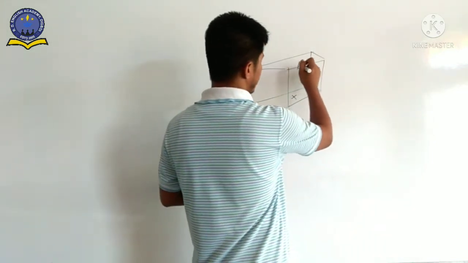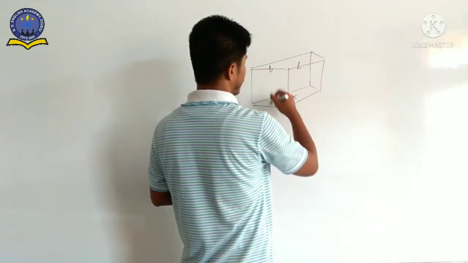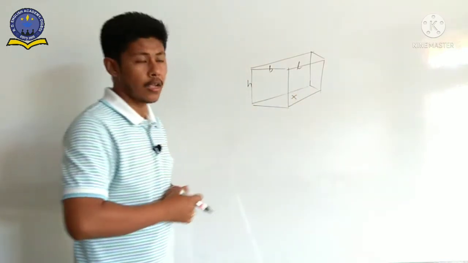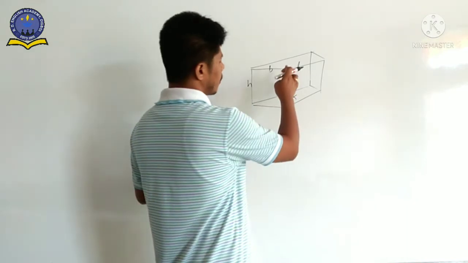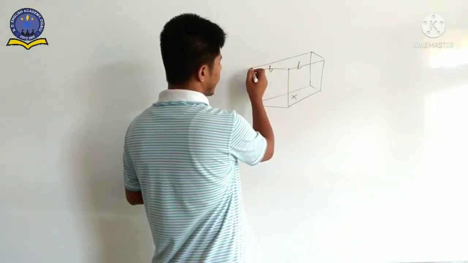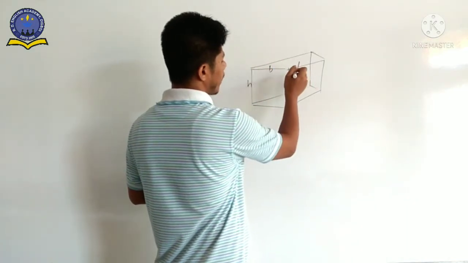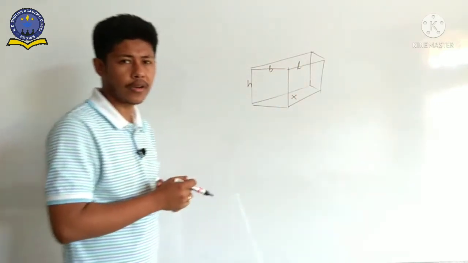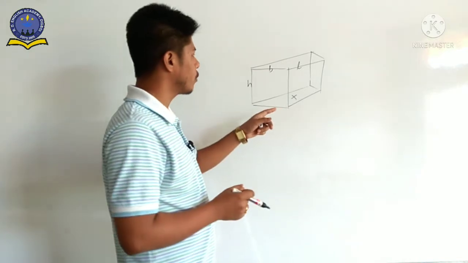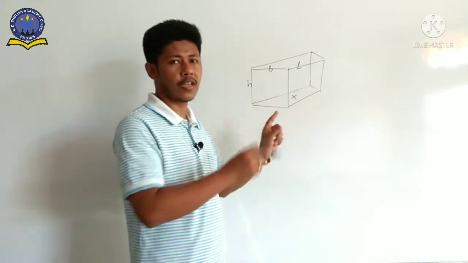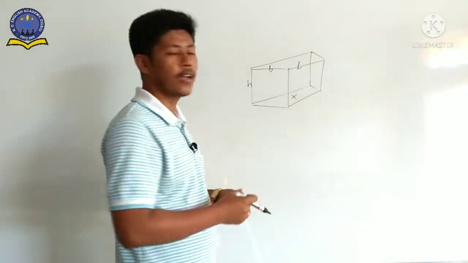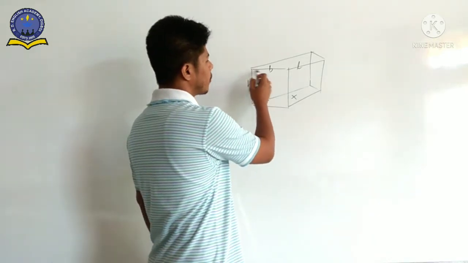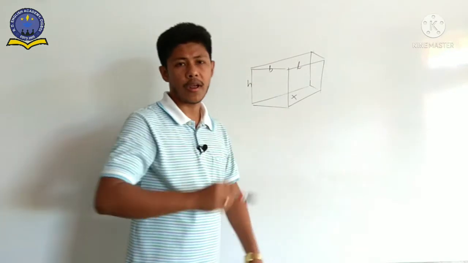If we consider this one is the length, this one is the breadth, and this one is the height, that means this one is also height. So you see the length and breadth, this one is the rectangle here, and if we find out the area of this part, we have to write length into breadth. When we take length into height and breadth into height, these two we have to take 2 times, but the length into breadth we have to take only 1 time.